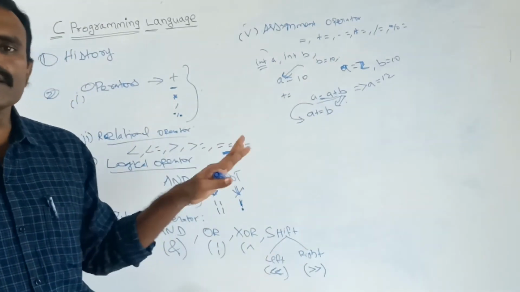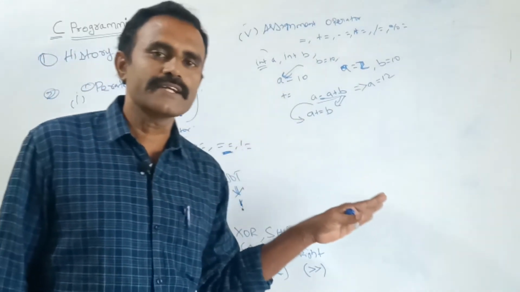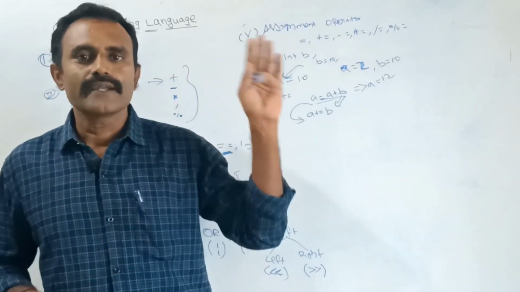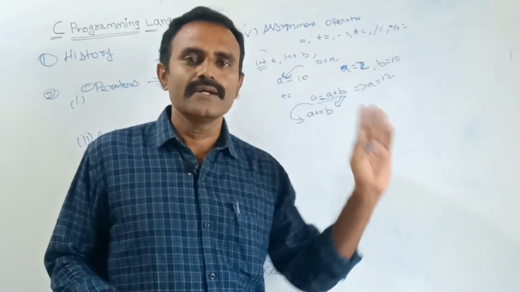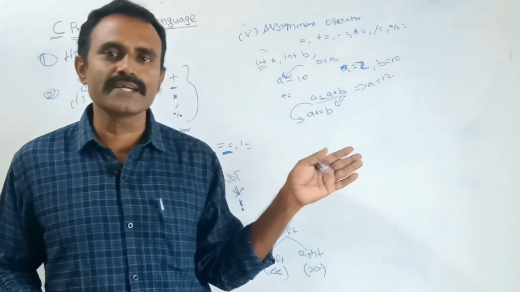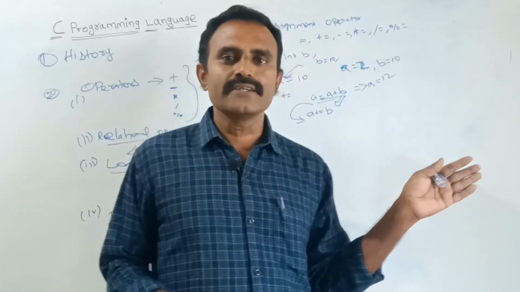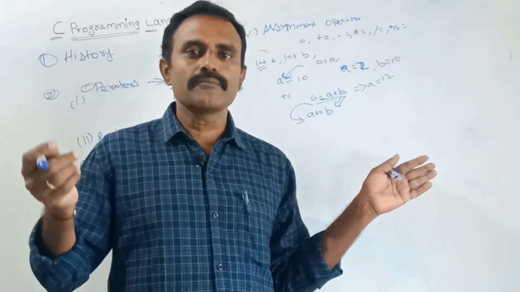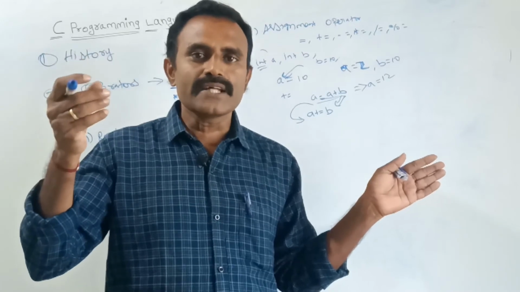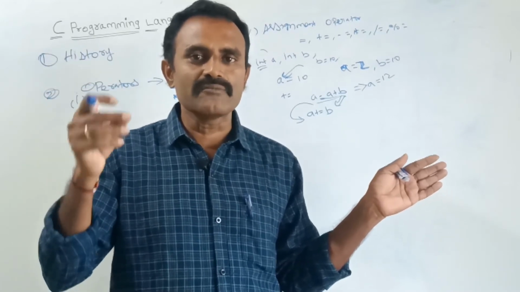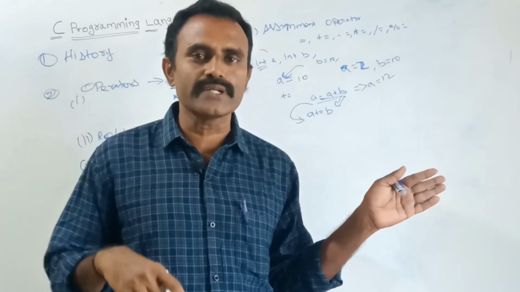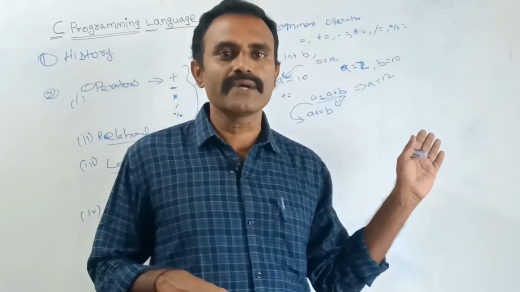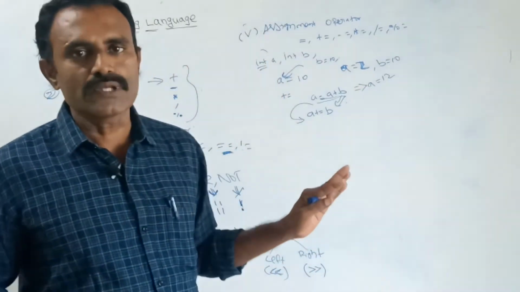Next, similar to minus equal to is multiplication equal to. Multiplication equal to means the left side value will be multiplied with the right side operand and the result will be stored in the left side operand itself. Then modulo division. In modulo division, it will divide the left side operand by the right side operand and the result is the remainder value only, because it is modulo division. That remainder value will be stored in the left operand. So by help of this assignment operator we can do problems like this.